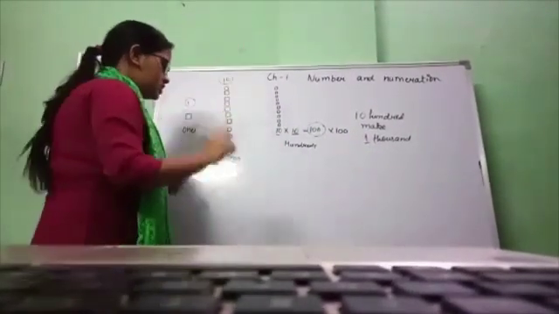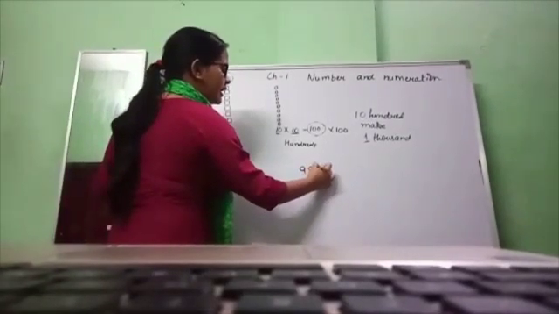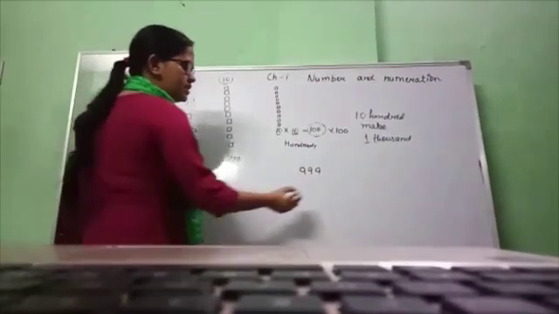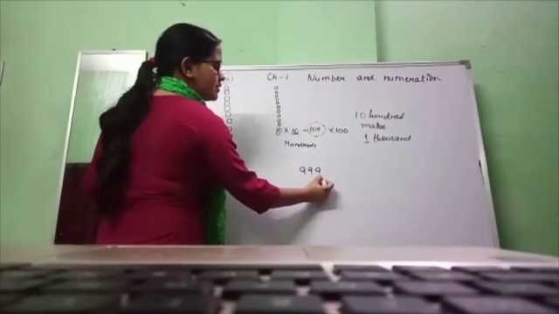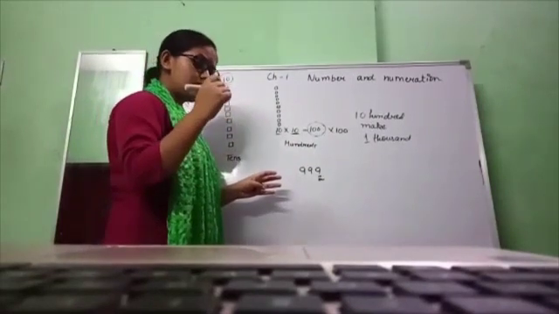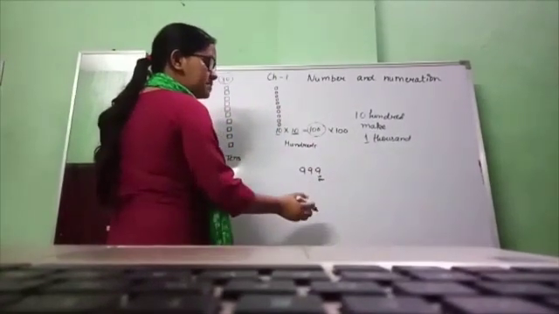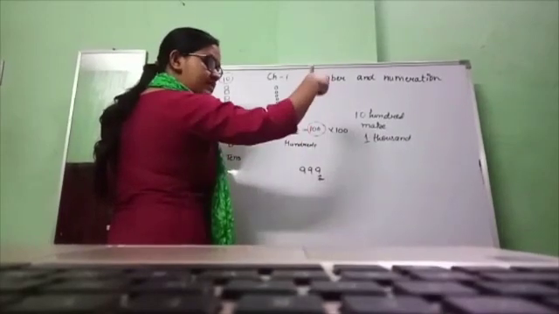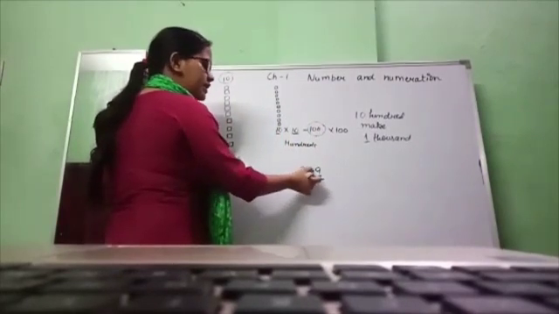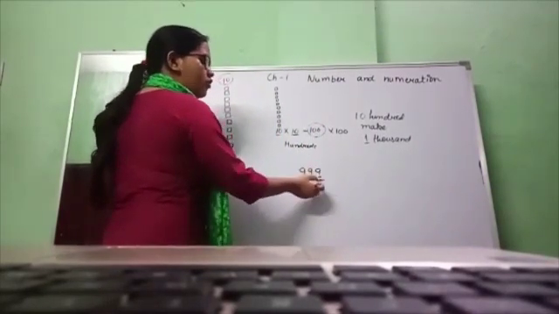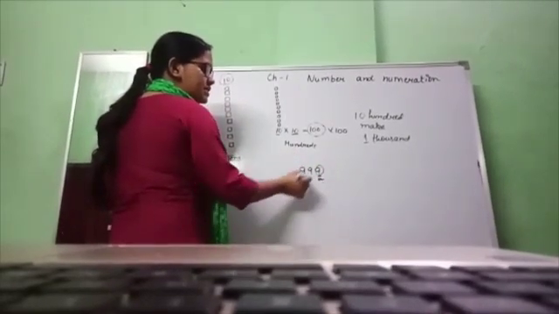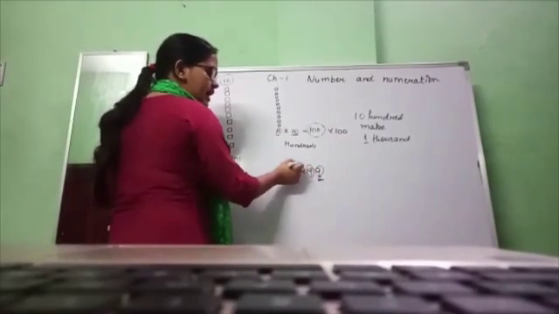For example, if you have a 3-digit number, right? 999. This one is the greatest number in 3 digits, right? This one is ones. Whenever you write any number, 2-digit or 3-digit, we start from the right, and when we read it, we come to the left, 999. But now we have to divide them, so we will divide from this one. This one is ones, this one is tens, this one is 100.